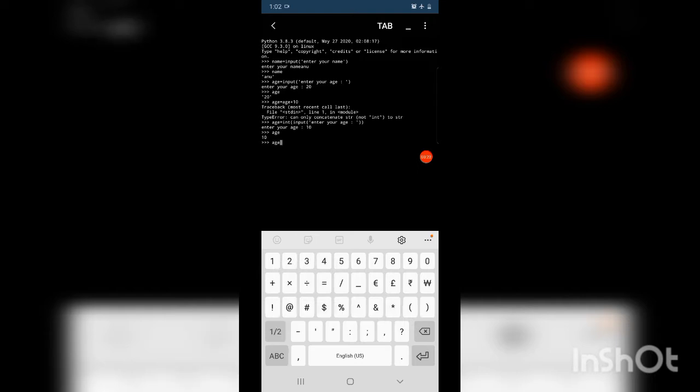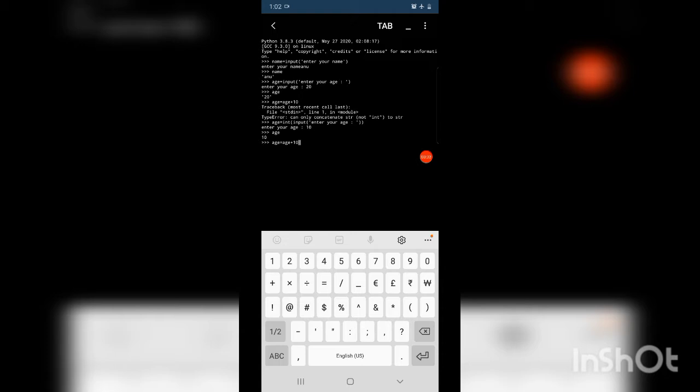And if I enter the age 10, then if I print age, you can see age is not enclosed in single quotes. So age is an integer value. Understood? Now if I perform age is equal to age plus 10, I calculate the age after 10 years.